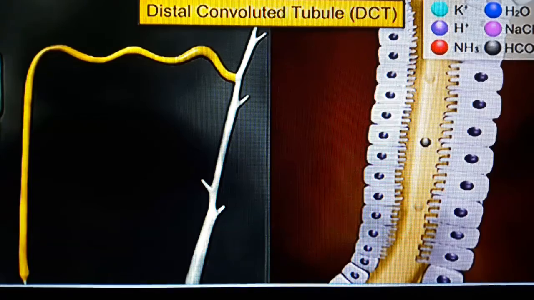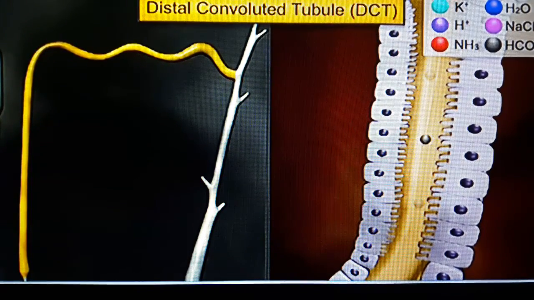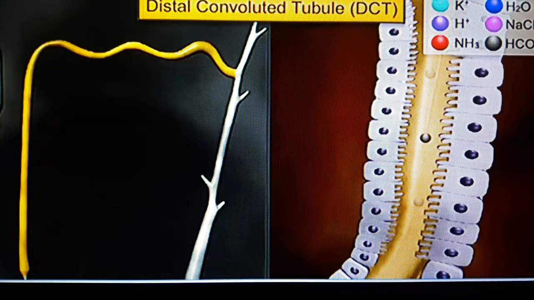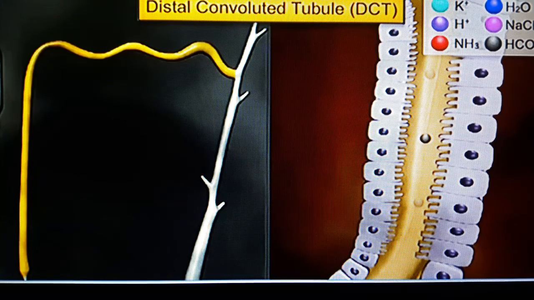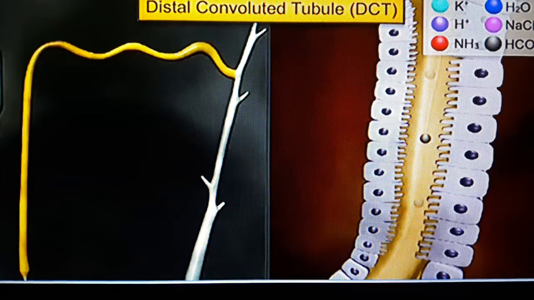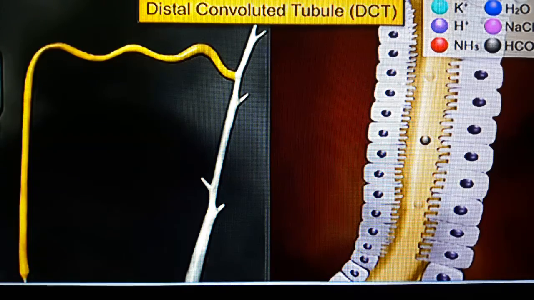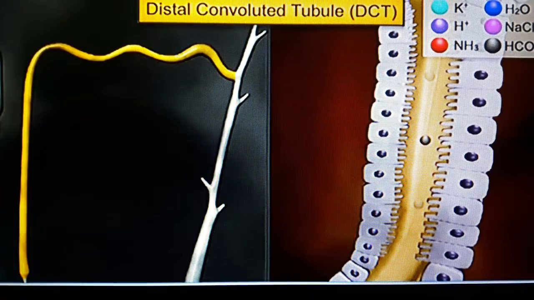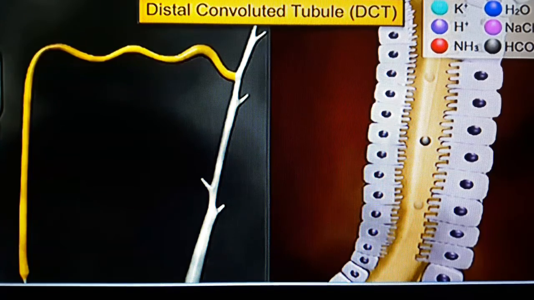Second one is active absorption. Certain useful substances like glucose and amino acids are returned into the blood from the filtrate by active absorption. It takes place against the concentration gradient by utilizing energy. So by this, even a small amount left in the filtrate can be absorbed and total absorption can take place. The glomerular filtrate contains 200 gram of glucose and all of it is reabsorbed into the blood. So tubular or selective reabsorption is completed. It has two types of mechanism, osmosis and active transport.